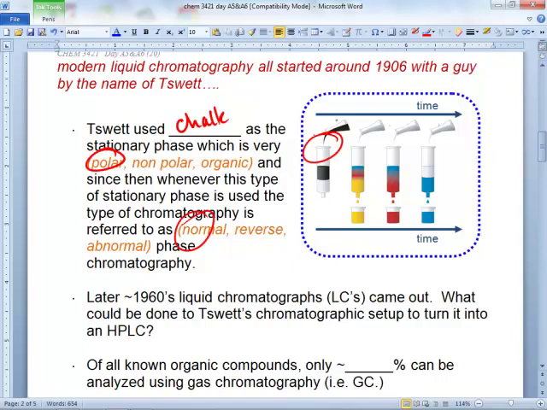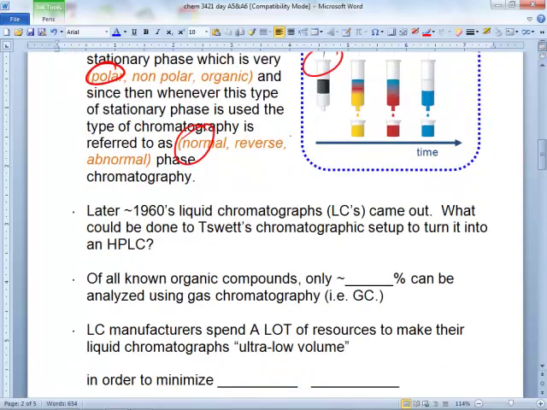Okay? Is that okay, Miranda? Yeah. So that's all he needed to do was to add some pressure, some head pressure up at the top of his column. He would have had an HPLC. Okay, here we go. This is why, if you only have 40 grand, and this is the instrument you'd buy,